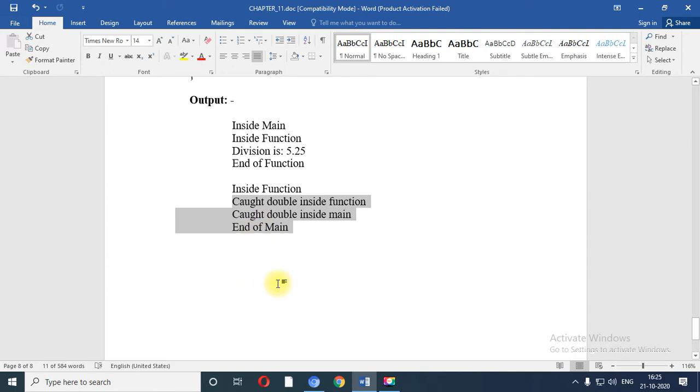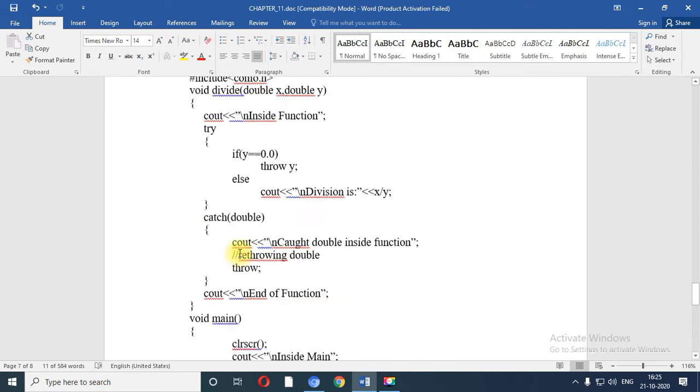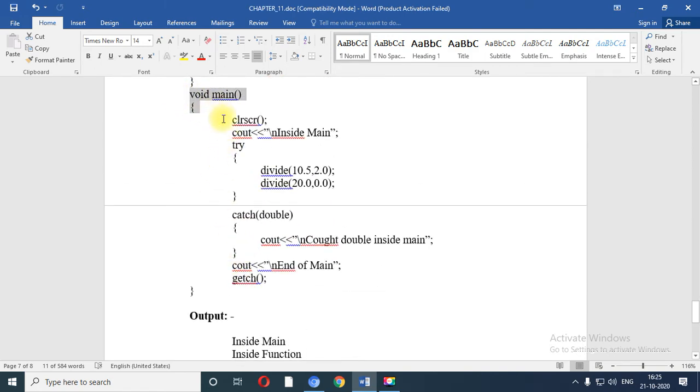I am going to repeat this code once again because a little bit of confusion may arise. So let us execute from the void main. The concept is called rethrowing. You just need to keep two persons standing opposite of each other in mind. One person holds a ball in the hand, and person 1 is going to throw the ball to person 2, and person 2 is again going to throw the ball to person 1. That is called the concept of rethrowing, right?